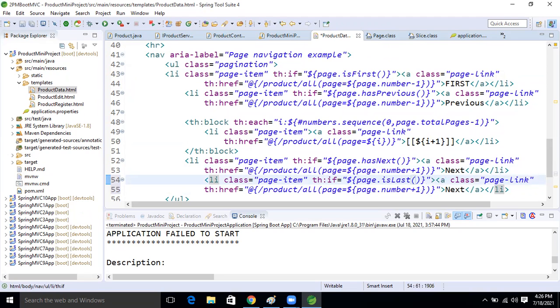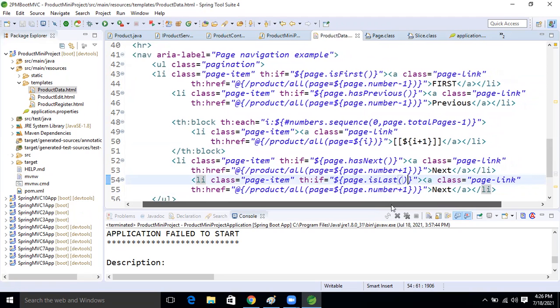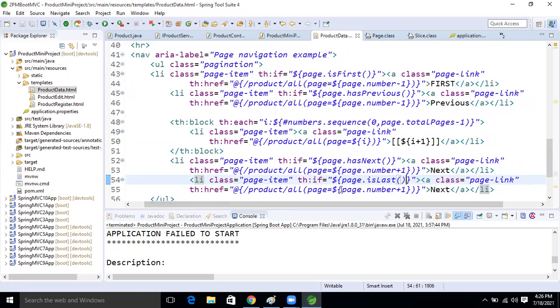Here is last. But what is that? Here we need to do some changes. What is the page size equal to number is there, right? We will take the total page size minus what? Total page size minus 1 minus 0. Okay, here we will take what? Total, this one. Otherwise it will not work. Okay, so here last. Last.